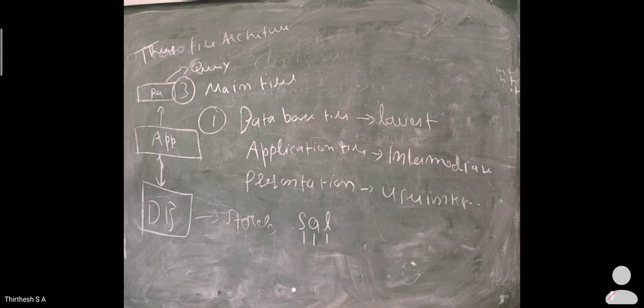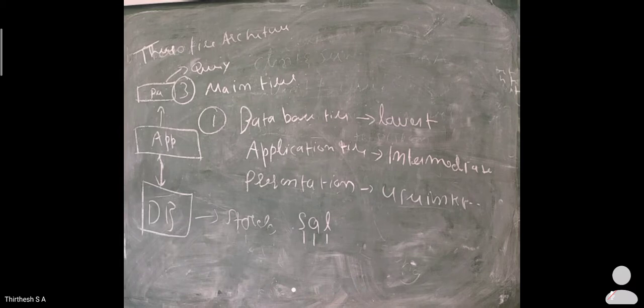So there are 3 types of architecture. Tier 1 or level 1 architecture has only users directly interacting with the database server. Next is level 2, tier 2 architecture, where we provide the concept of client and server. To interact with the server, the client takes the help of the ODBA channel or ODBA API. Next is tier 3 or level 3 architecture.